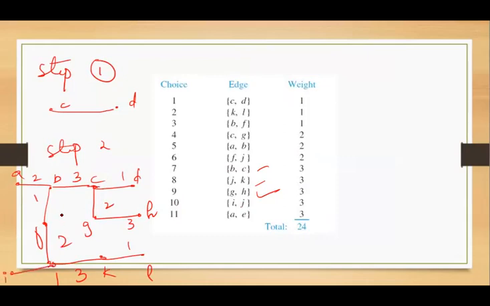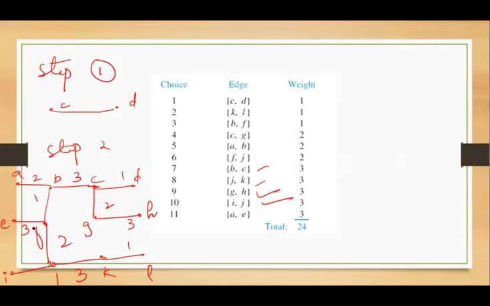It may be looking confusing over here. So first, what you are supposed to do is select an edge. First and foremost, select the minimum edge. Then in step 2, keep on adding the edges with the minimum weight, and you just have to check whether it is forming a circuit or not. While in Prim's algorithm, you were supposed to add edges which were incident to the vertices which we have already selected. So I have taken IJ, and finally I am taking AE. AE is also 3.